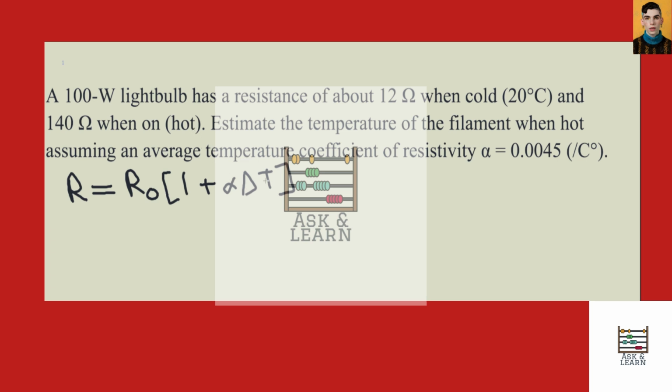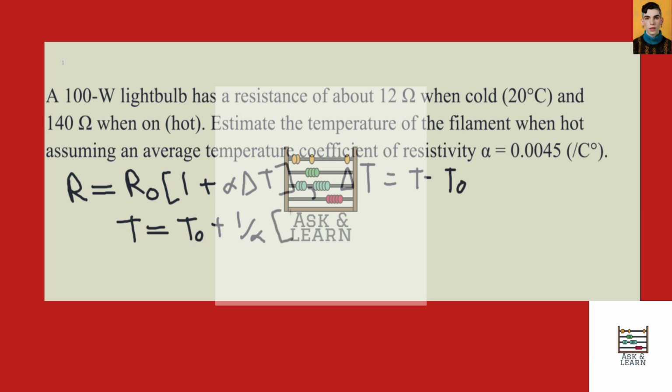Delta T is equal to T minus T naught. Dividing through by R0, subtracting 1, and dividing through by alpha, and substituting for this, we get that the temperature is equal to the initial temperature plus 1 over alpha